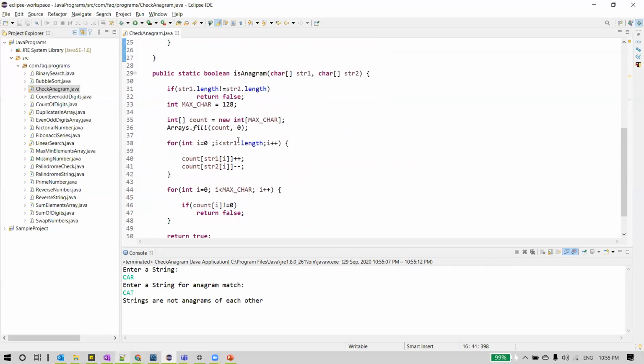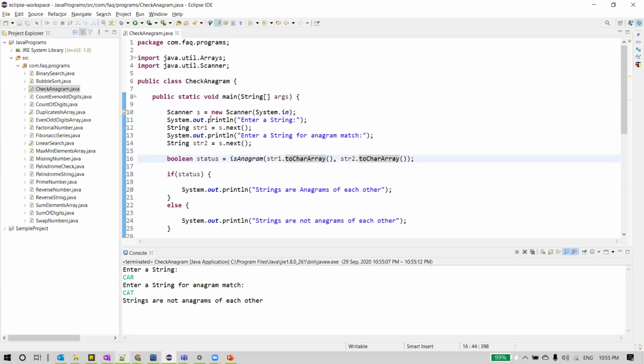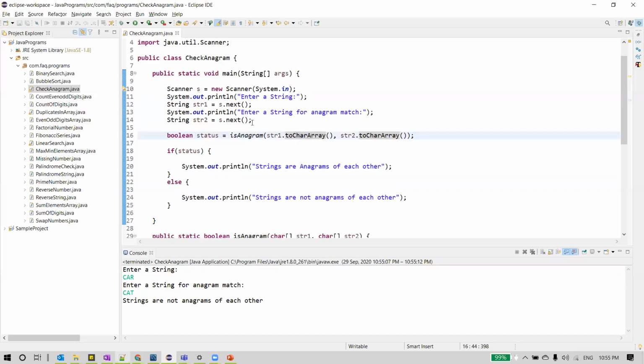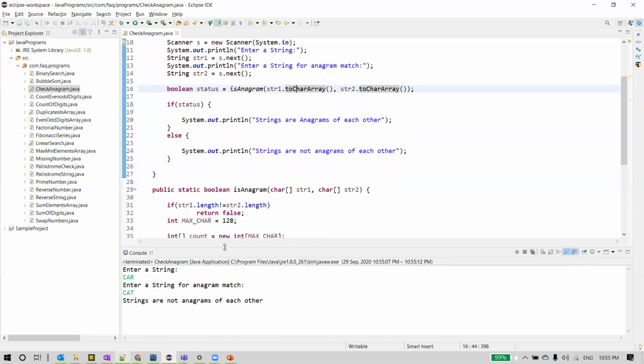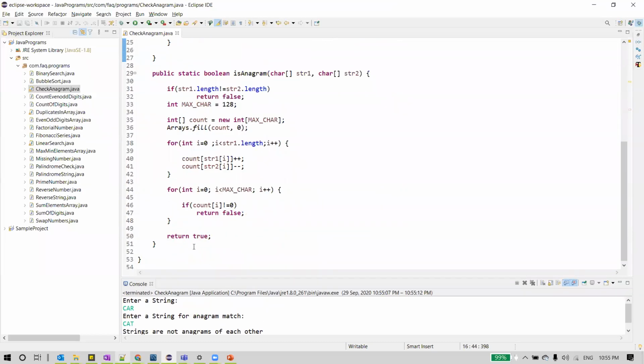We can also do this in a different way using string functions, like if we are aware of java.util, string, so we can actually use the classes and built-in methods to do it in another way. So let us also do that. Let me show you that. For that we'll create another method.